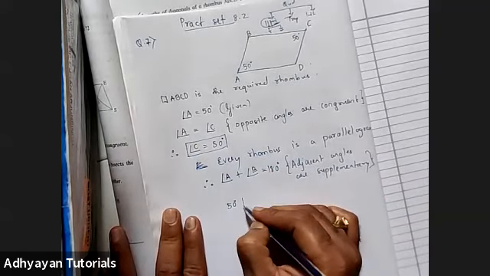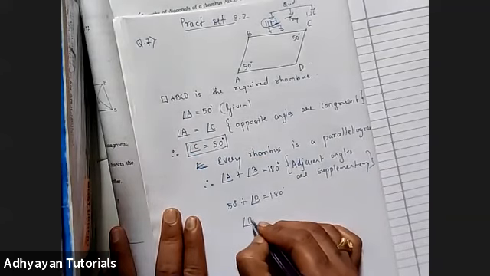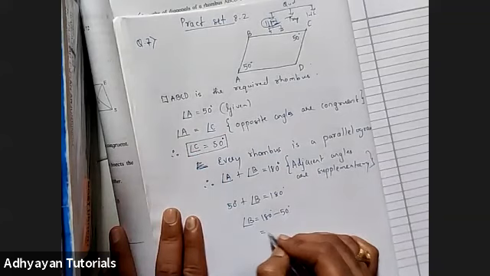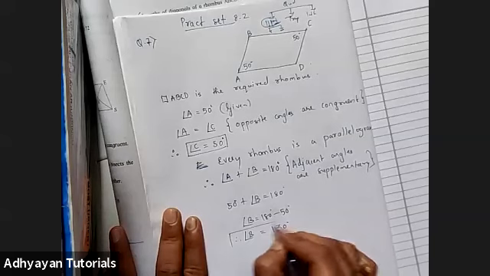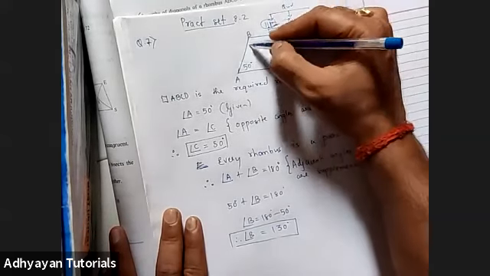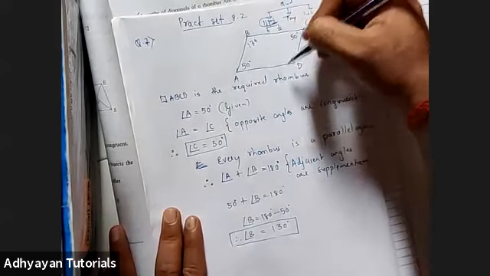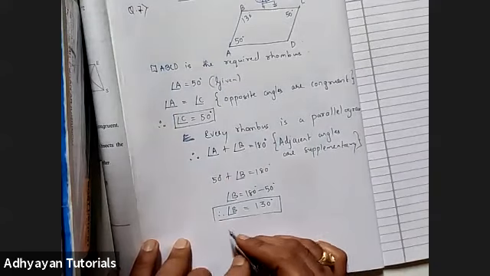Okay, now angle A's value is 50 degrees. So 50 plus B is equal to 180 degrees. Therefore, angle B is 180, this 50 comes here, becomes minus 50. That is nothing but 130 degrees. Right, children? So now angle B is found, 130. Angle D is very easy. You can just state that opposite angles are congruent and the sum is finished. You can start copying the sum, children. It is question number 7. You have to draw the figure as well.